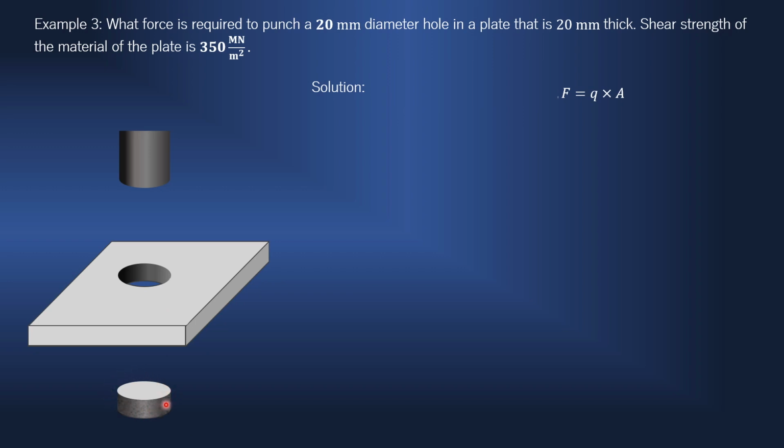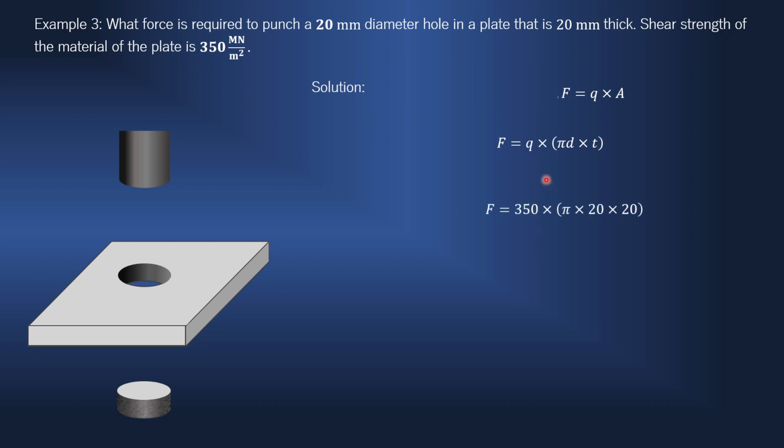So this is that cylindrical area. Okay. Surface area we are talking about. Thickness of the plate is T and diameter of this surface is D. So pi D is circumference into T, thickness. So this is that area. We are not talking about this circular area. We are talking about this vertical cylindrical area. So pi D is circumference into thickness. This is how we have found out the area. This is how we should find the area. On this area, pi D into T, you should create shear stress 350 meganewton per meter square.